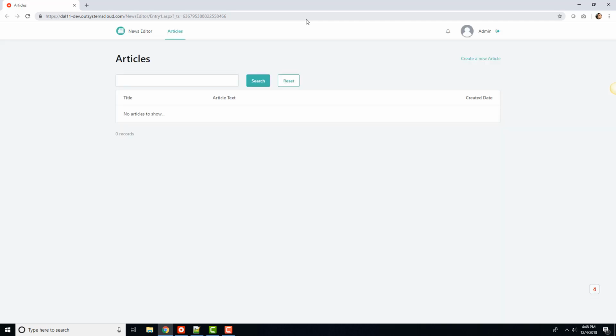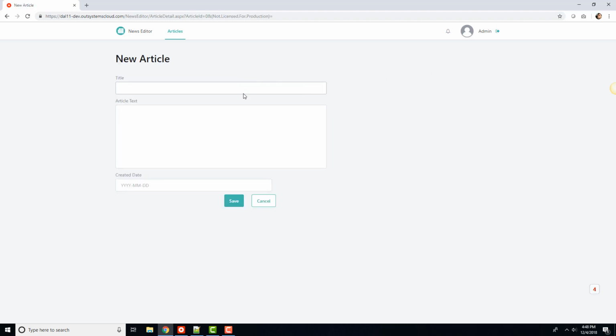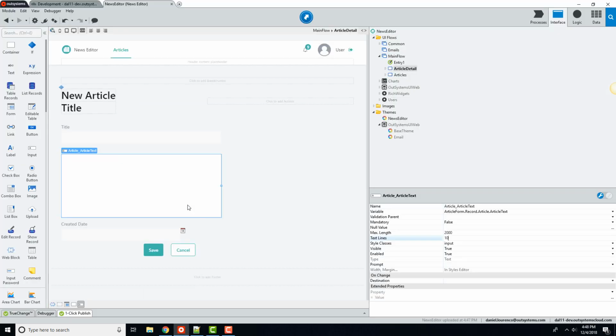Deployment done. I'm going to open the application in the browser, and here we go. We can see that we have the article listing page. For now, you have no articles, and if I create a new article, I'll have a simple article with no text editing. Cool. Now let's go back to our application model, and now let's improve it, adding the rich text